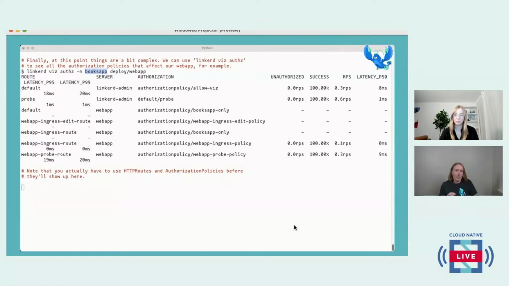This can be a very helpful thing for trying to understand what's going on when things don't go the way you expect them to. A very important point here is that you're not going to see anything in this display that has not actually had an attempt to pass traffic through it. So if you're trying to look at this before anybody has tried making requests, then you might see less than you expect.